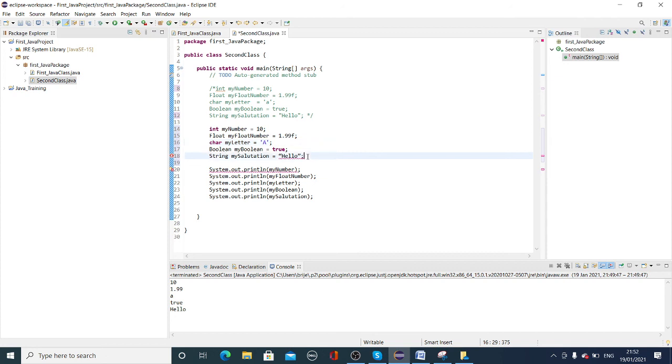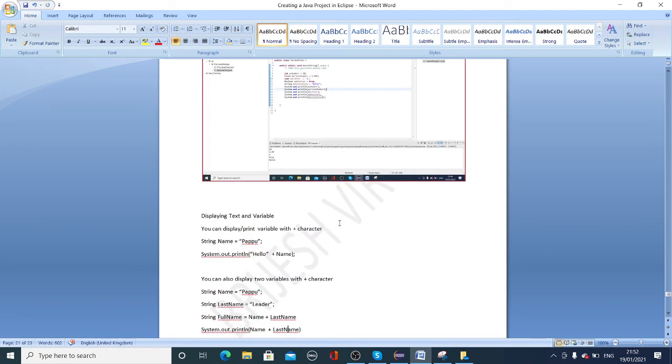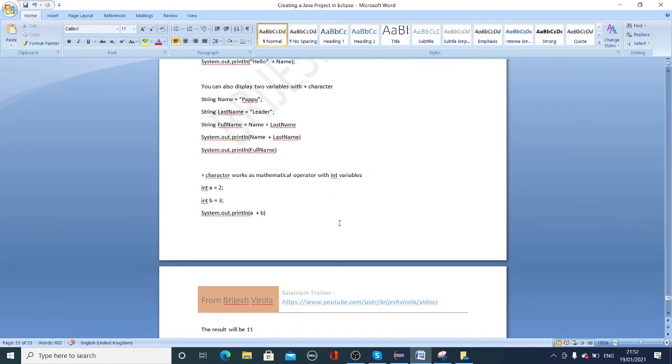The same thing happens with the string, the error has gone, because when I copied from this Word document, these are taken as ASCII characters instead of double quotes, so they are known as special characters, and Java doesn't support those kinds of characters, and that's why we had an error there.